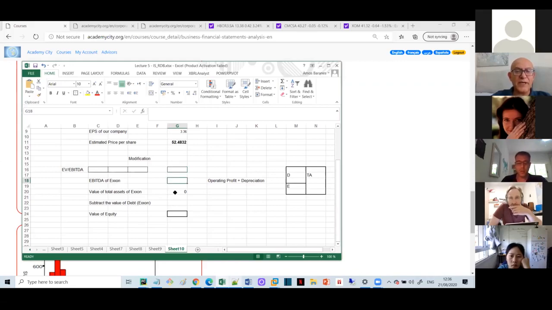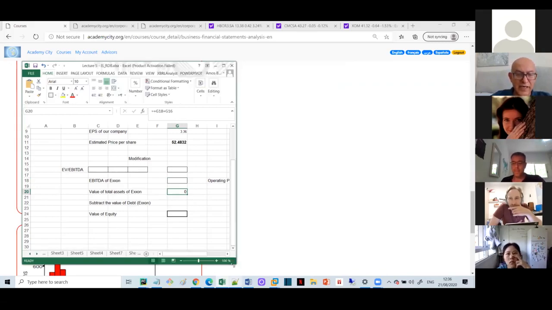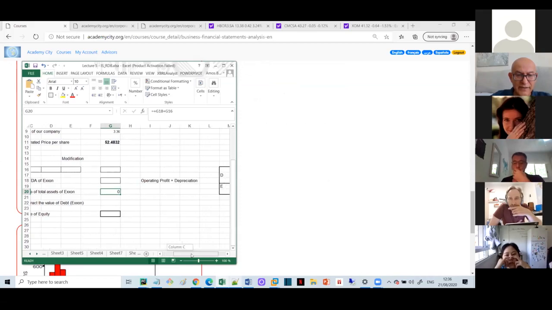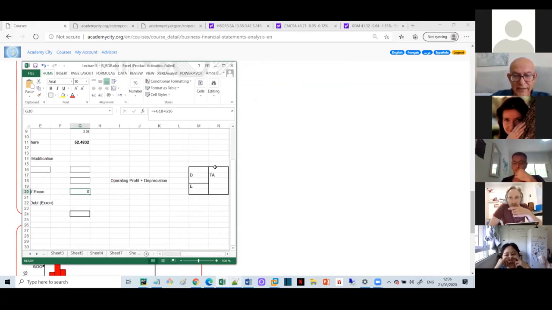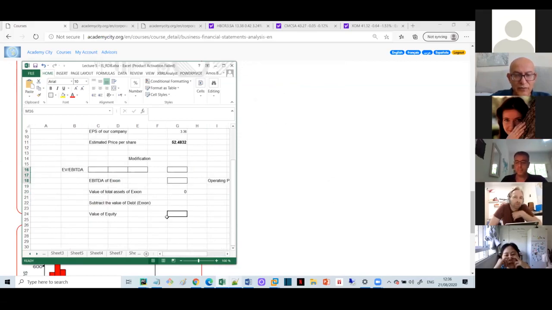Okay, we multiply it by the EBITDA. We got the total value of the assets. Okay, that's what we got, the total value of the assets. This is really this side. We subtract this one, so we got here, this is not really what we're looking for, it's just one step, only one step to get to what we want. This is total, let me give you a hint. Value of total